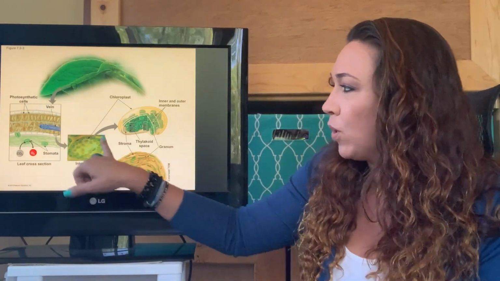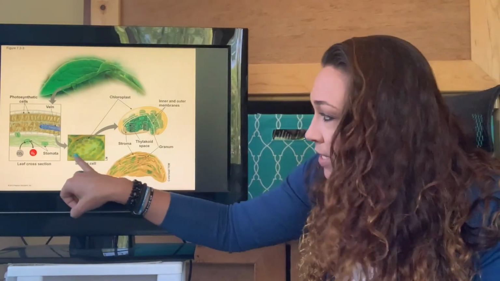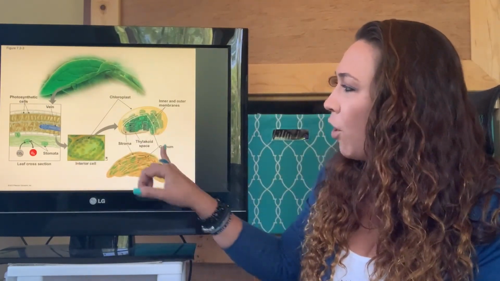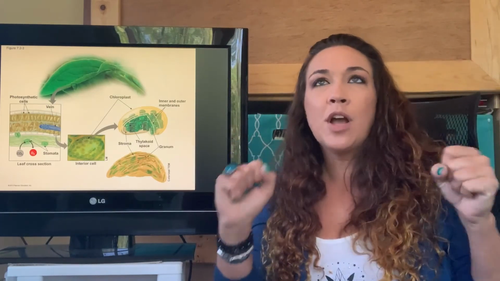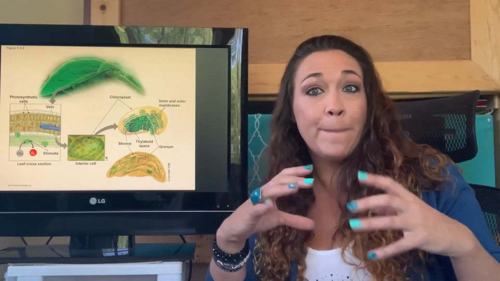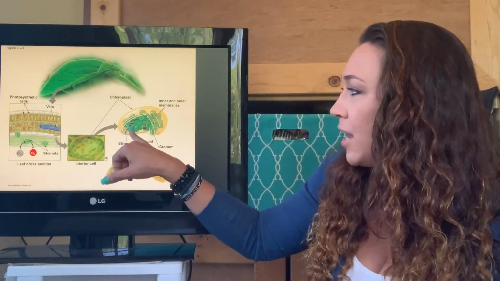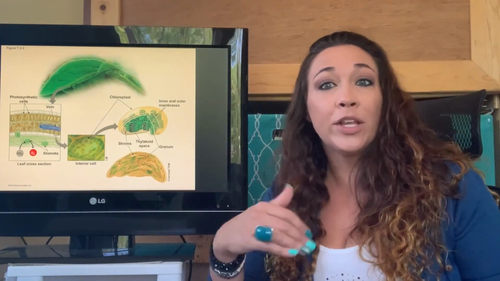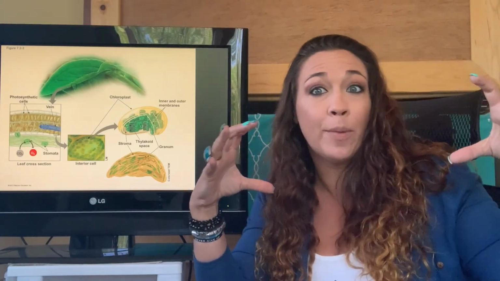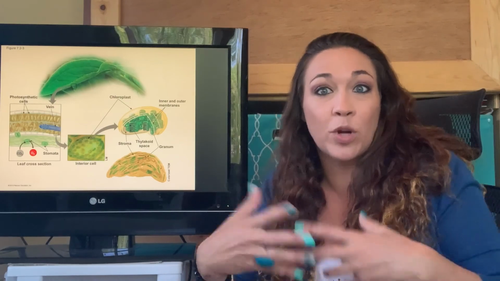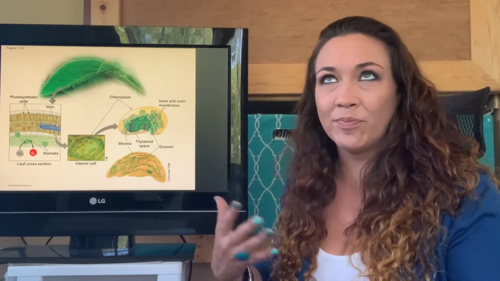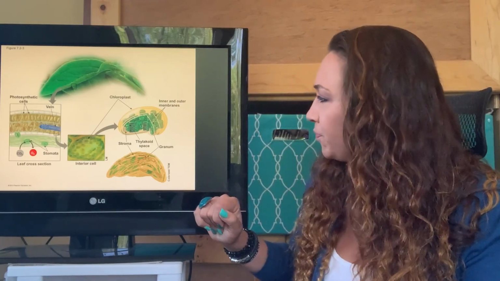Now, inside each one, so this is a single cell right here, each one of these little green dots is a chloroplast. Inside one of these chloroplasts, you have all of these little stacks. You can think of the chloroplast like an apartment building, and each one of these little stacks in here, known as the thylakoids, are each individual apartments. Inside that apartment is where photosynthesis is happening. Hopefully that helps you remember where we are inside the cell.